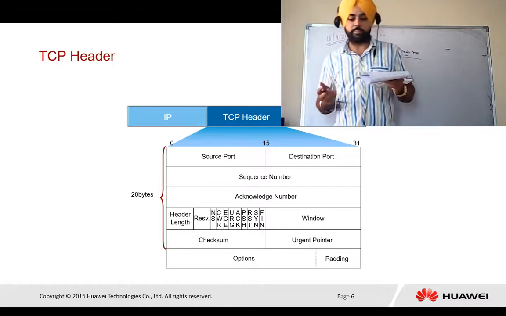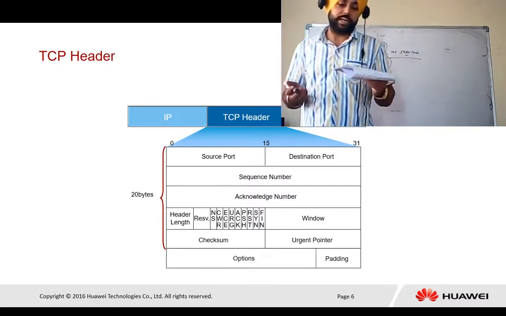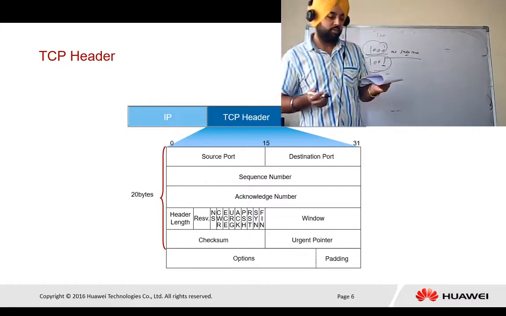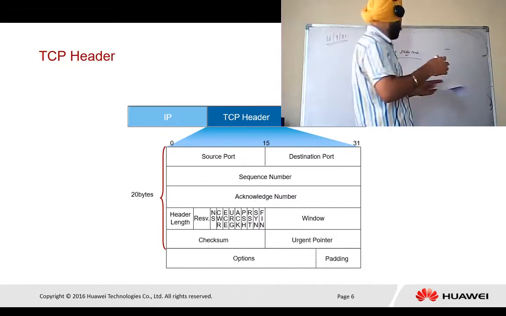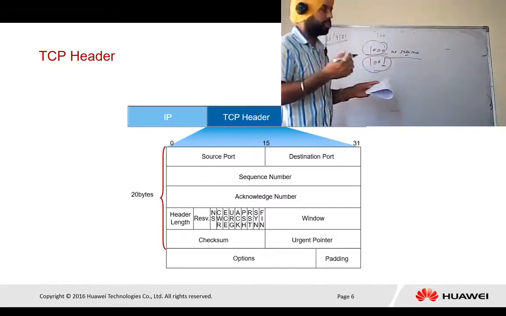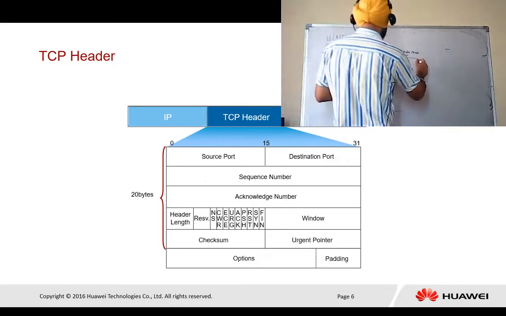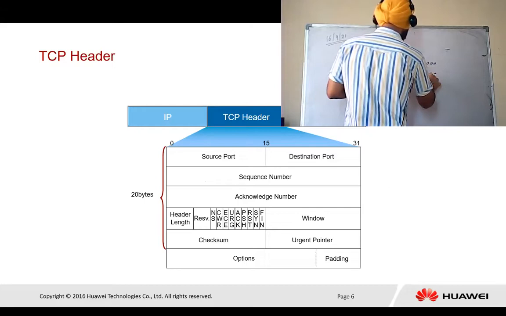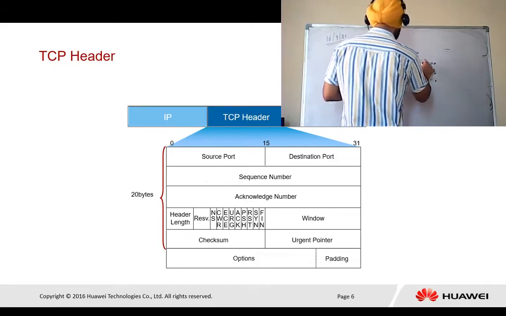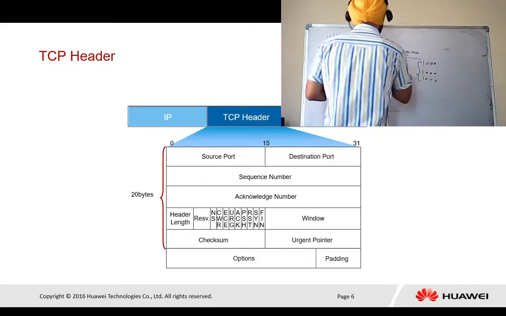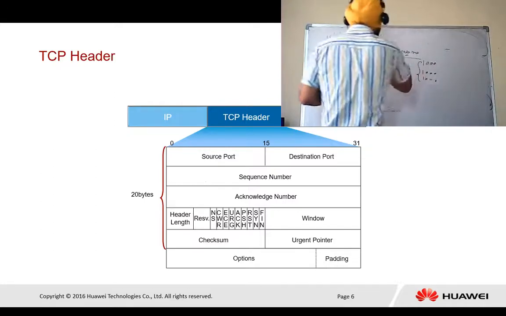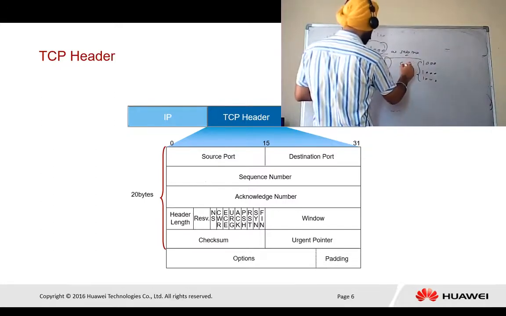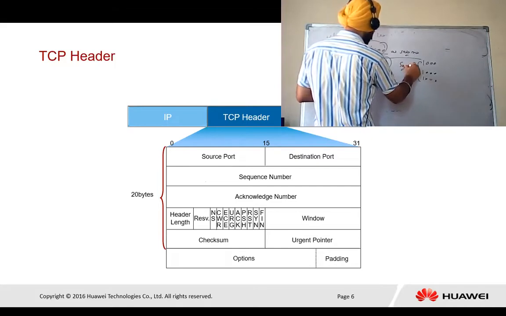Suppose we send a packet with 1000 bytes of data in the packet segments. I'm just taking an example. Suppose we have these segments,